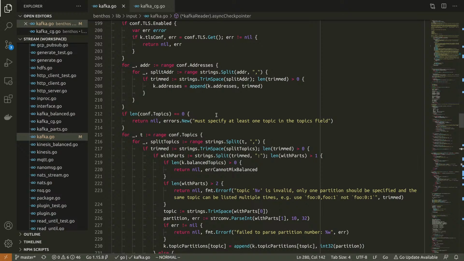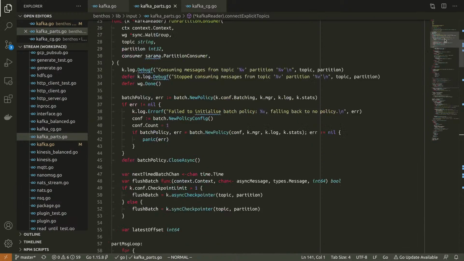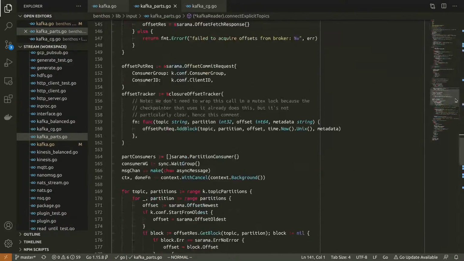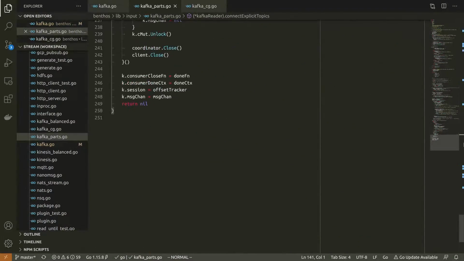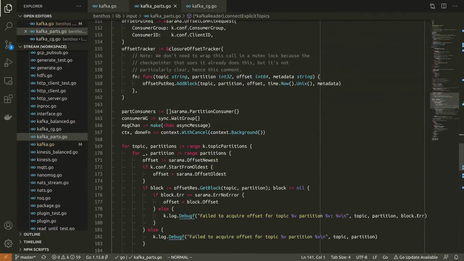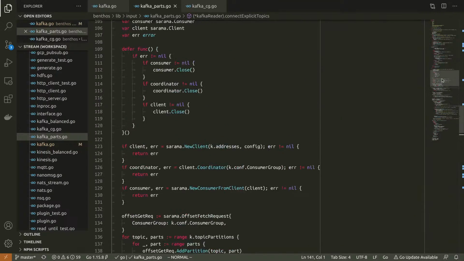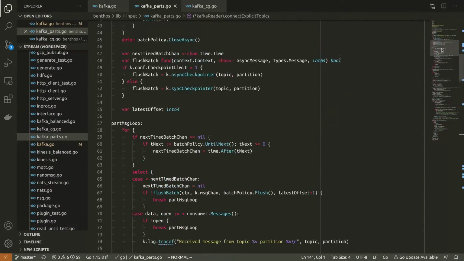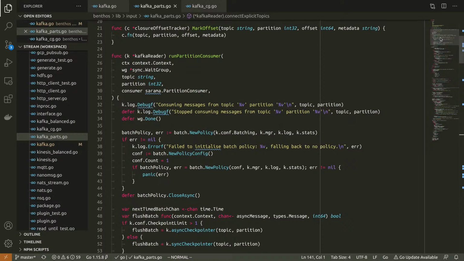You're going to get a consumer group. Partitions are going to be automatically balanced. The other one, I've just called it Kafka part, is essentially a Kafka consumer that has explicit partitions to consume from. I think I can probably just use this.